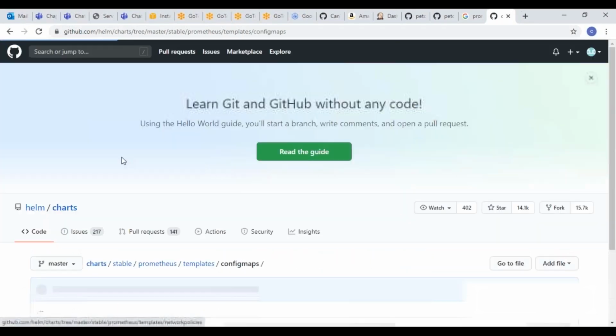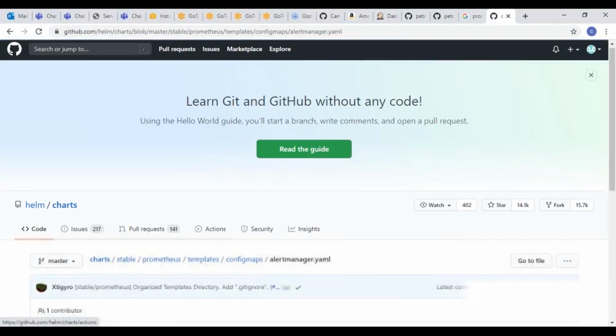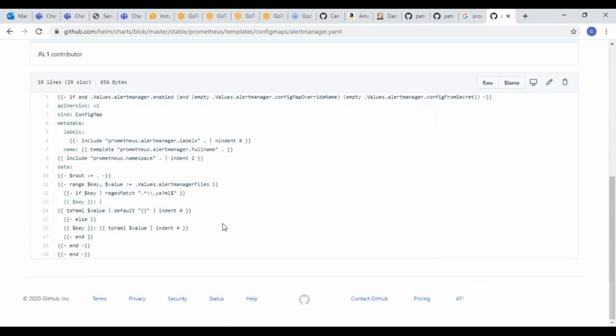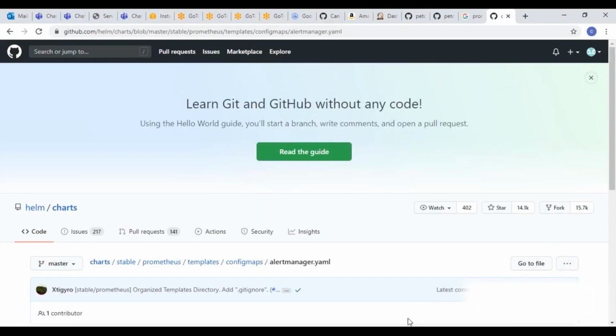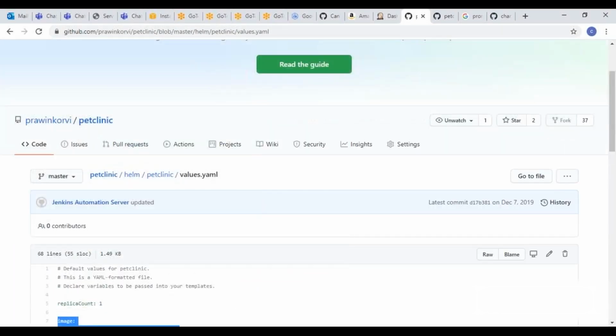Config maps, daemon sets, deployments, a lot of things will get created. Alert manager.yaml file will be created. So here in our example, we are just creating a few things for our application to run. You need to decide for your organization what the things it's expecting. All the things should be under that Helm chart. So this is about Helm chart. Now